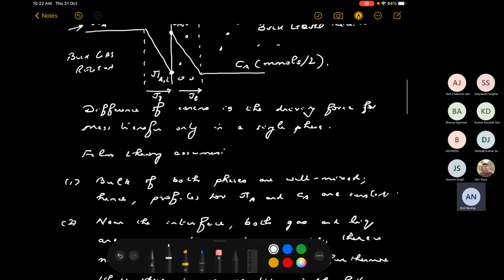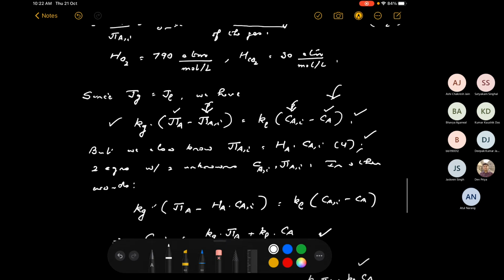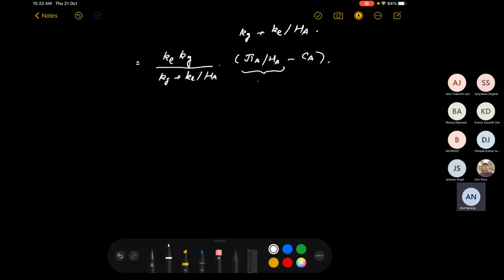So this quantity is denoted C A star. It is not a real concentration. It is a hypothetical